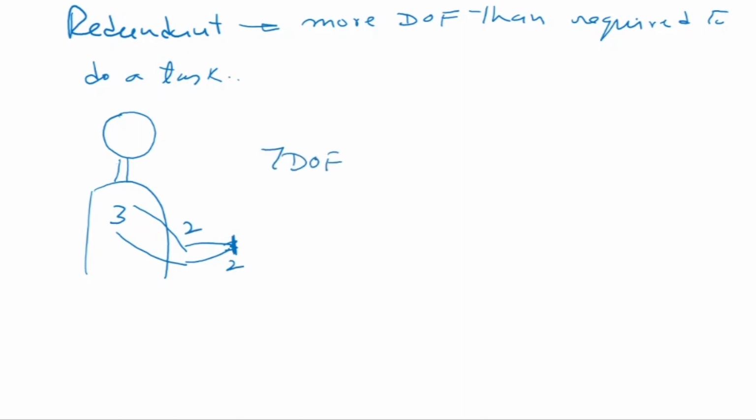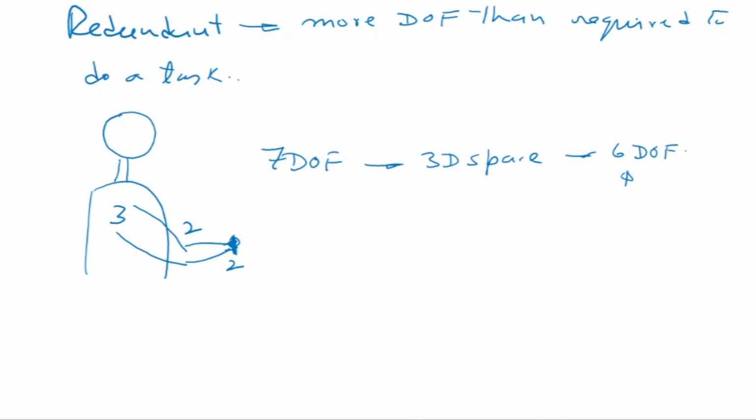So in 3-dimensional space, in 3D space, an object has 6 degrees of freedom. So basically to manipulate an object in free space, I require only 6 degrees of freedom, and I have 7, so this is redundant in a way. So it basically means to do a task, I can grasp an object, and I can also position my elbows in such a way. Say for example, I can grasp an object here, I can keep my hand here, and I can change my elbow position, and still keep my fingers on the object.